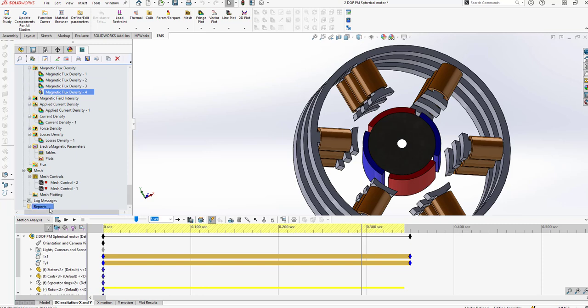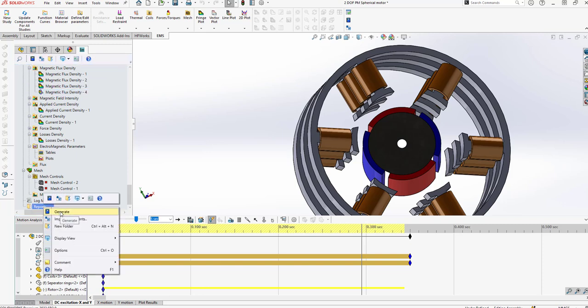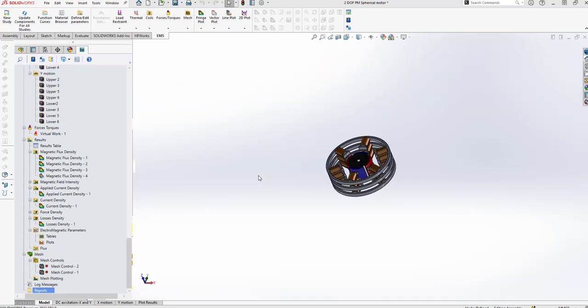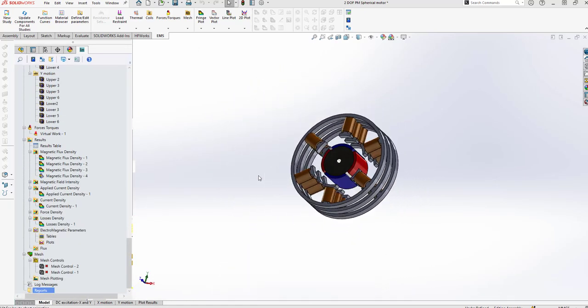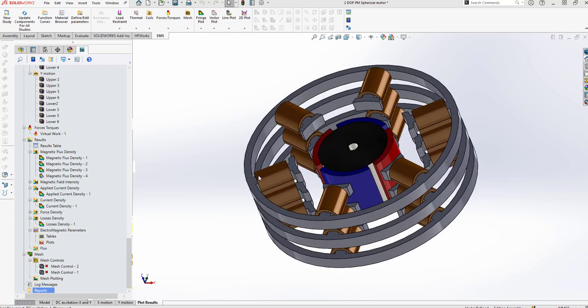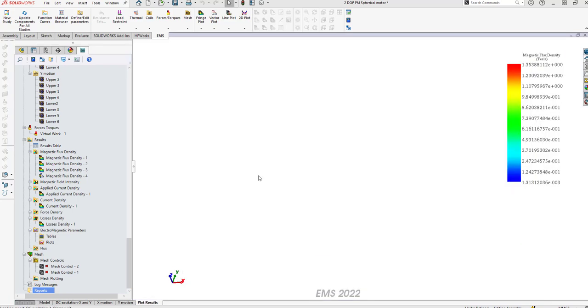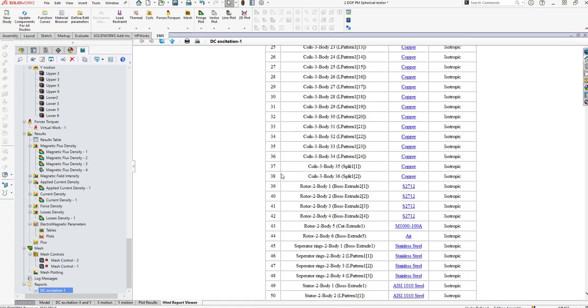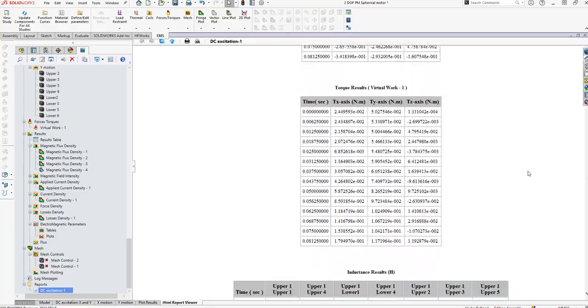Last but not least, you can generate a report. Okay, you can put a company logo, your name, company, and you can generate a report. The report is going to document your work. Okay, so the pre and post processing results are all dumped into a nicely formatted file that you can definitely share with other people. Okay,